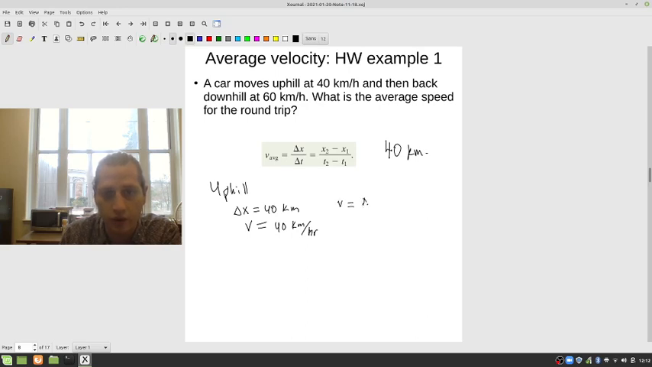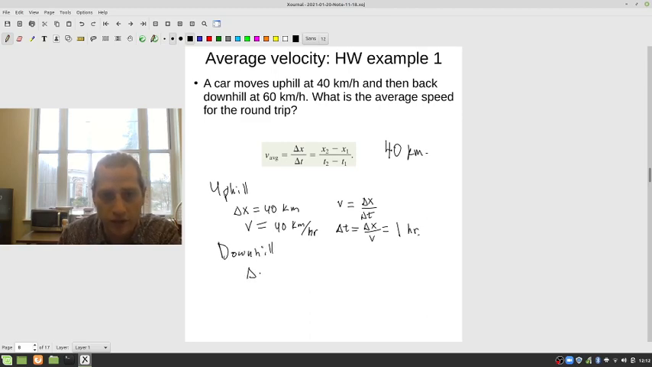V for that part of the trip is going to be delta x over delta t. And if I want to find my delta t, it's going to be delta x over v, which in this case, 40 kilometers divided by 40 kilometers per hour is just going to be 1 hour. On the other hand, when I go downhill,